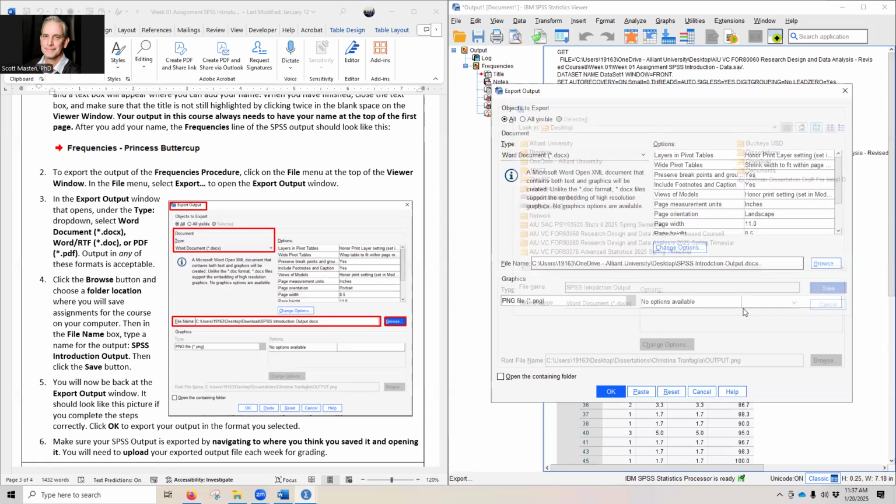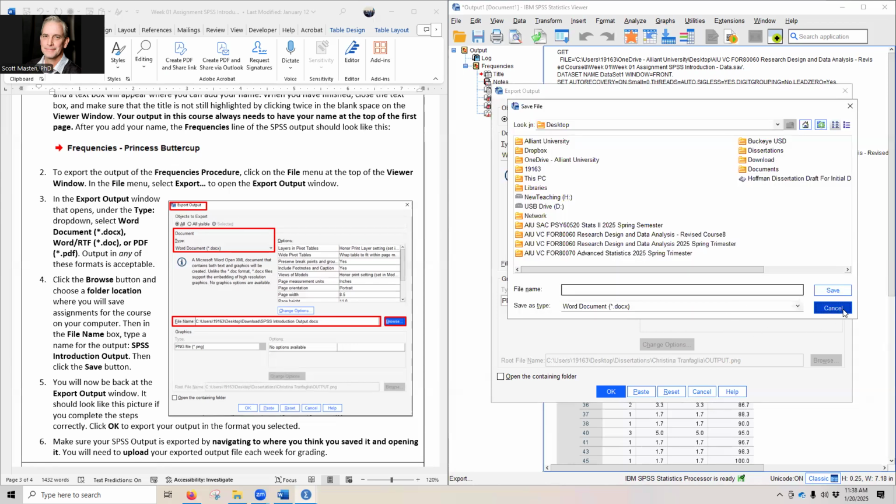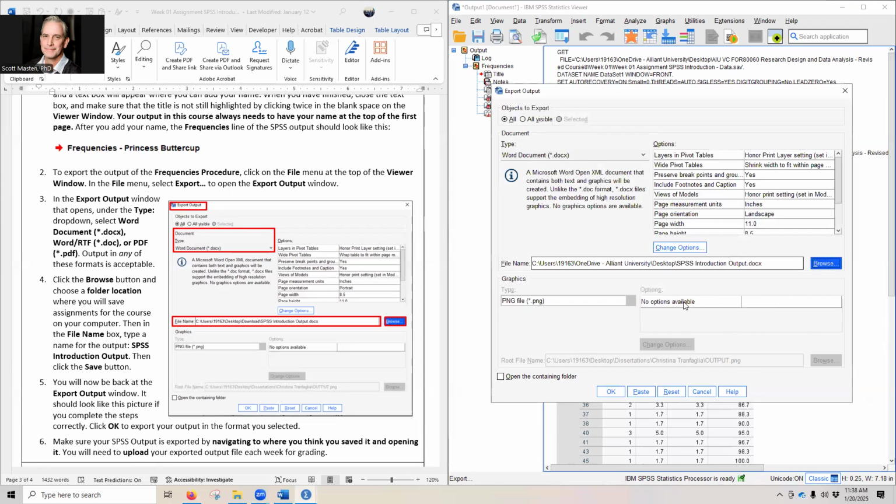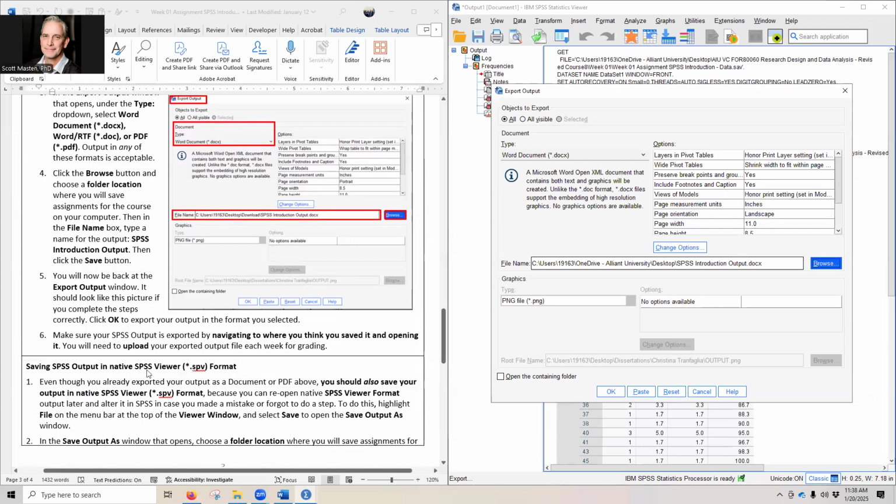And when I click the save button, it's going to do a Word doc. It's going to save it there. It's going to call it SPSS intro, spelled wrong, introduction. There we go. Output. Doing great today. Did it work? Yeah, hopefully it worked. Yeah, it worked. All right, so now we are back at the export window, and we simply click OK to